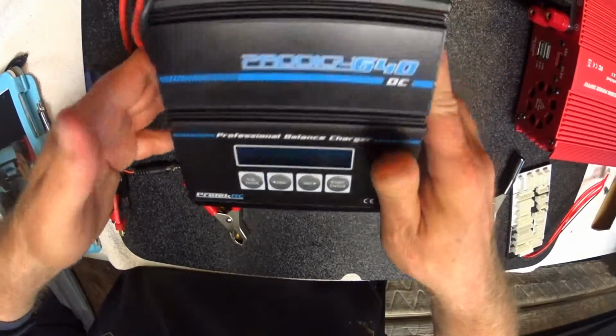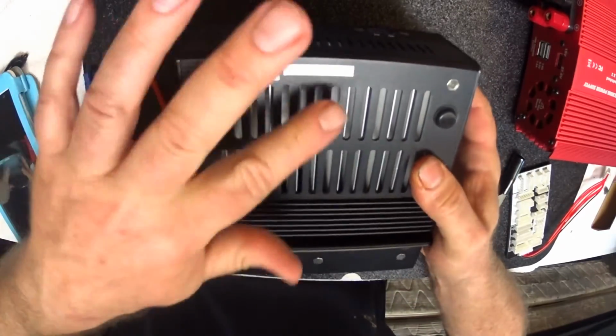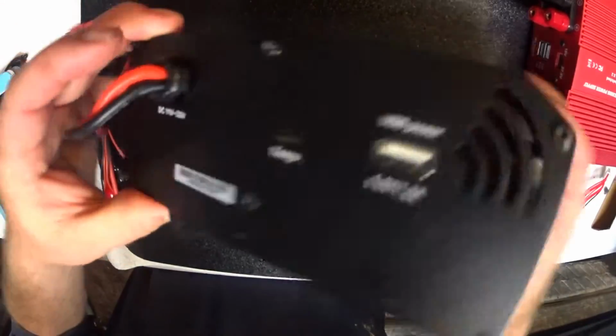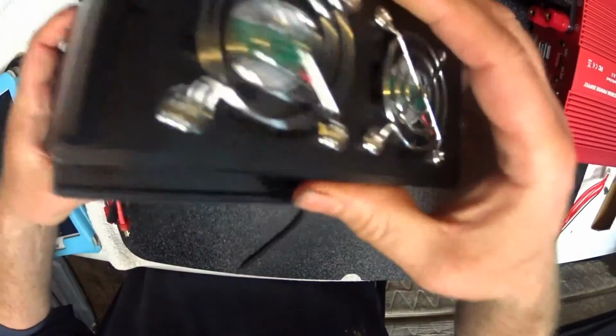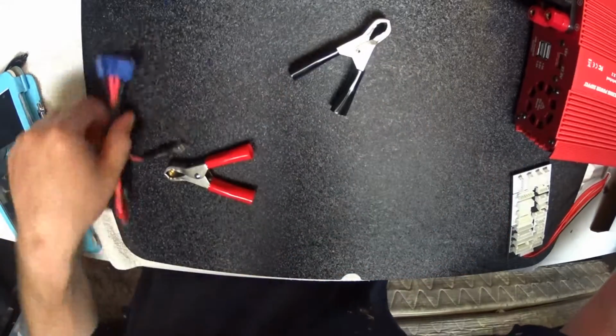Pretty much, here's the box. The charger comes with fans. The bottom comes with the serial number. The serial number matches the number that's on the box itself. I'll show you a quick wrap around of the sides, and then I'm going to slip this out of the way real quick, and then these are the components that